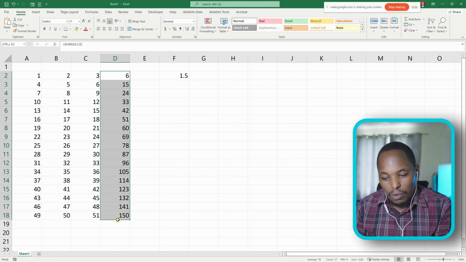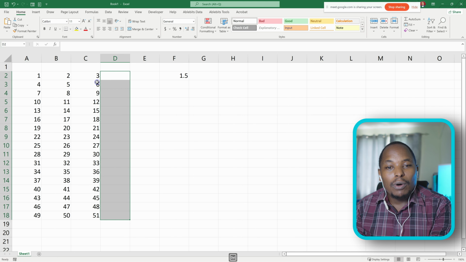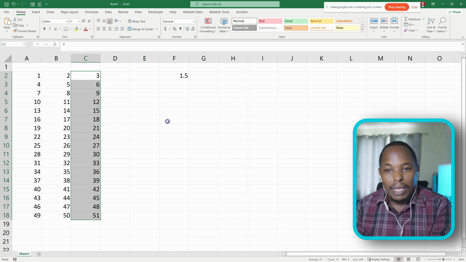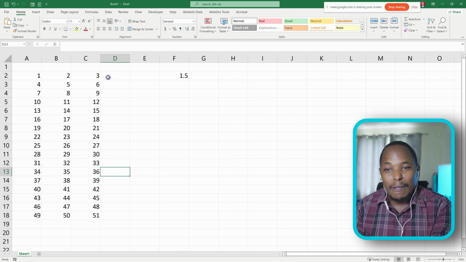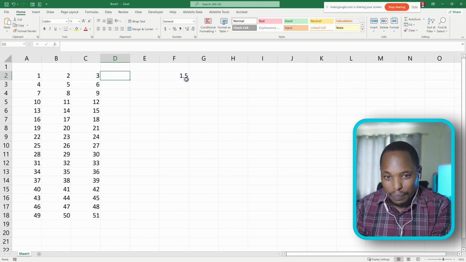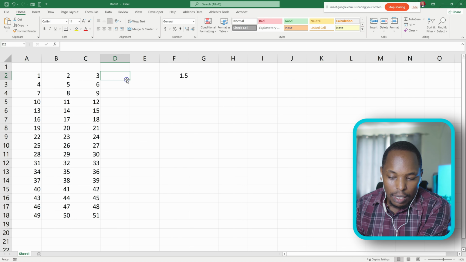I can just get rid of this. I want to multiply everything here by 1.5, and I want my answers, or whatever the product will be, to be in this column here. So the only thing that you need to do is pick this cell reference, you see it will be equals to,